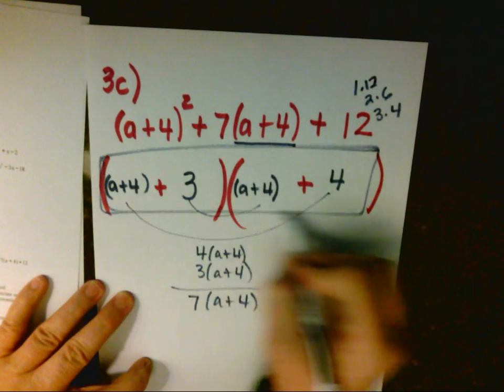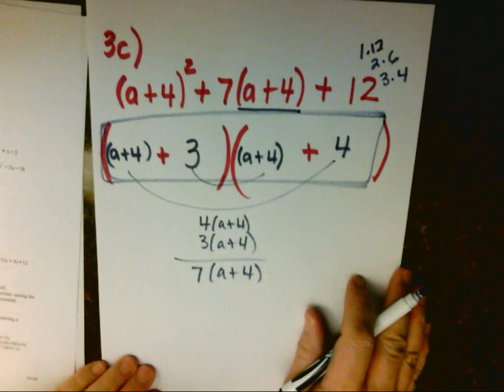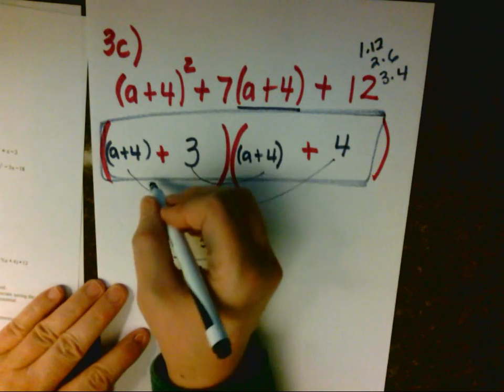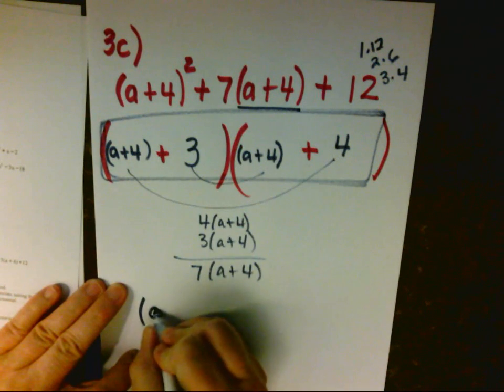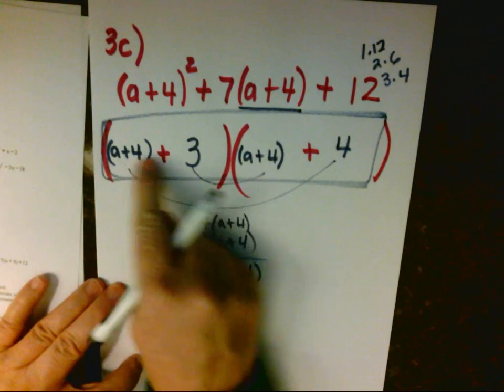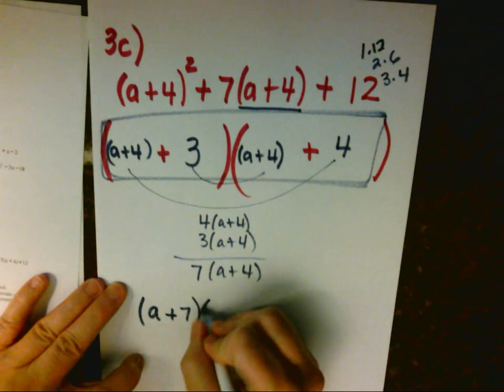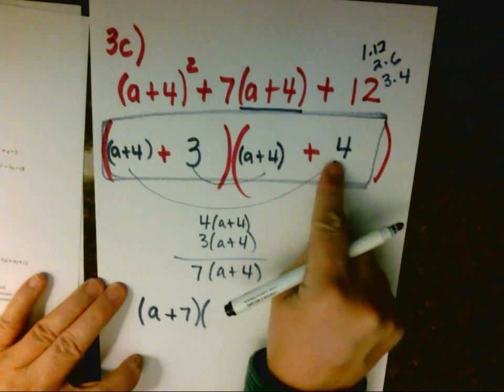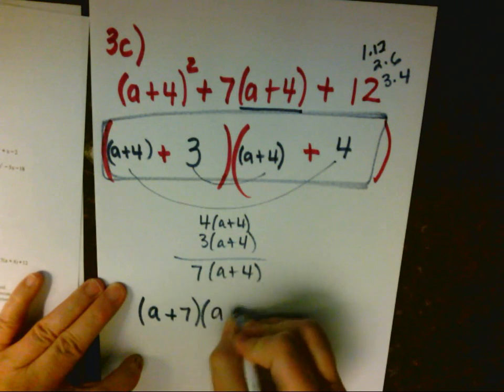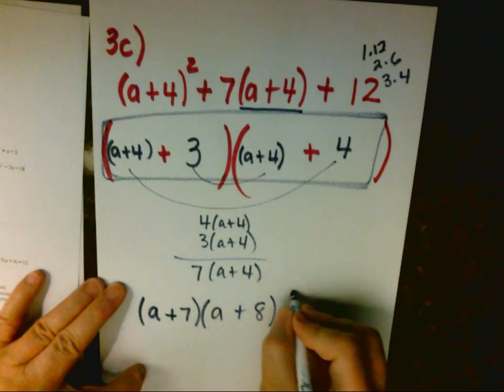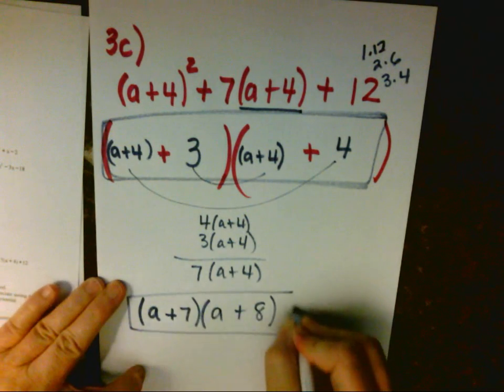Now let me see if they've written it like this or if they've gone ahead and simplified it. They did simplify it. So let's take this first parentheses and say that's a plus 4 plus 3, which is a plus 7. And this next one, a plus 4 plus 4 is a plus 8. So they're going to write it in simplified form, a plus 7